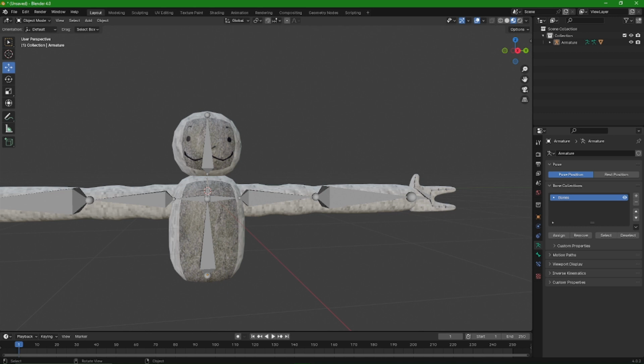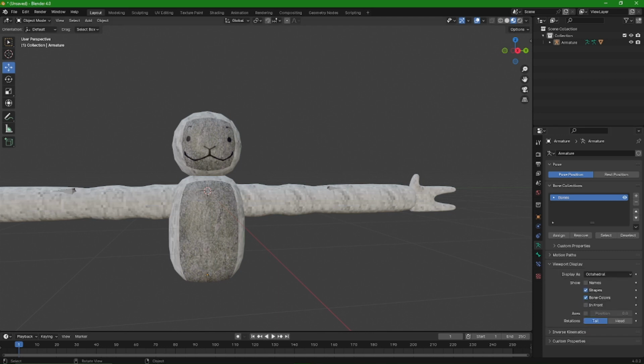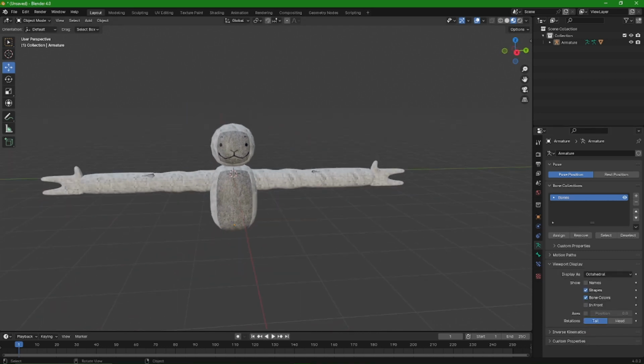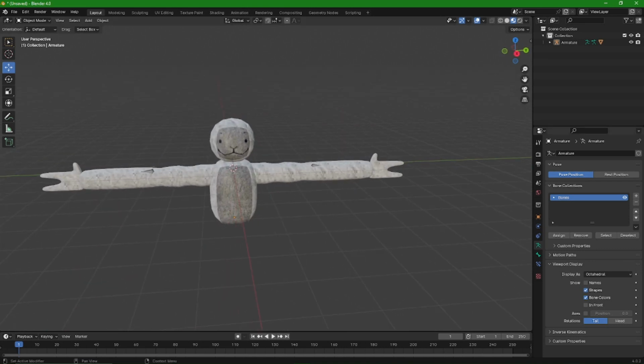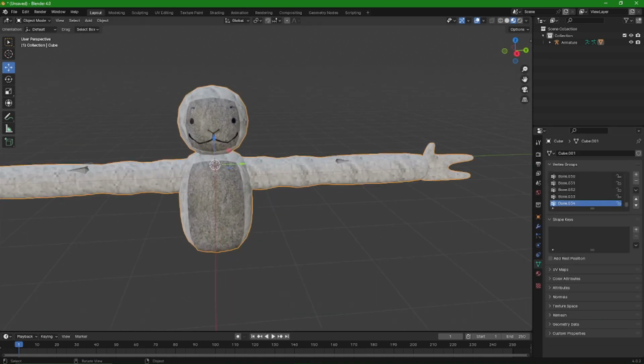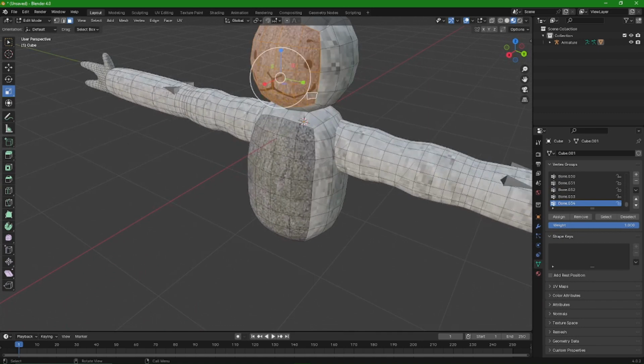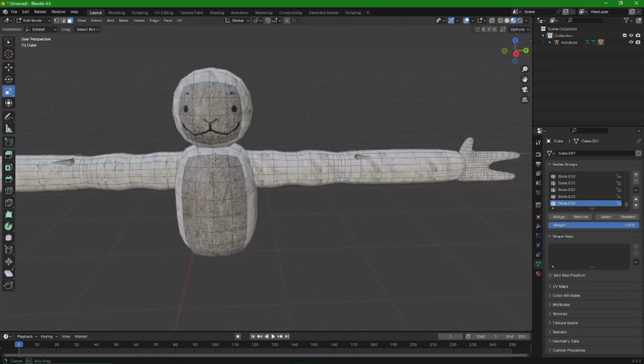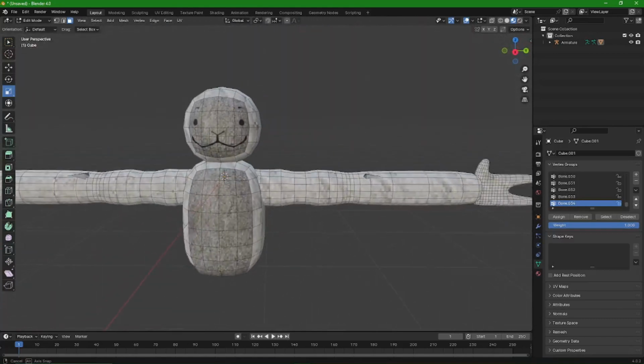Also, if you want to hide the rig so you can make some adjustments to the arms or whatever, you can go back to viewport display and turn off In Front. If you see the rig sticking out here, it's fine. It doesn't really matter. Select the model, tap. What did I say? Sorry, my dog was barking. So yeah,